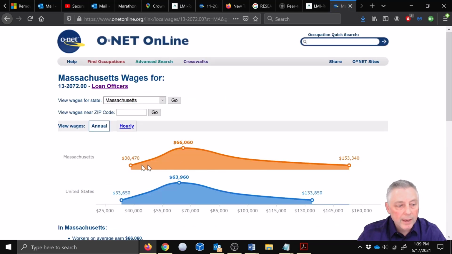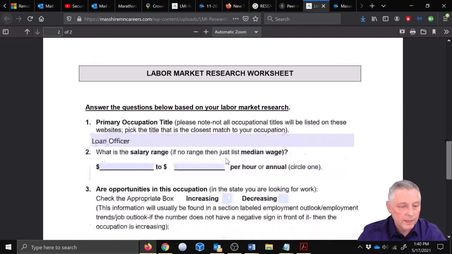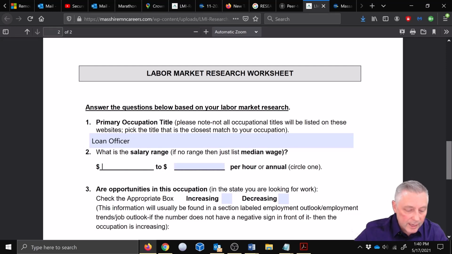All right. And there we go. In Massachusetts, the range is going to be from $38,470 to $153,340. And the median appears to be $66,060. All right? So what we can do is we can come back to the labor market research form. And it's asking, what is the salary range? So in this case, we can say